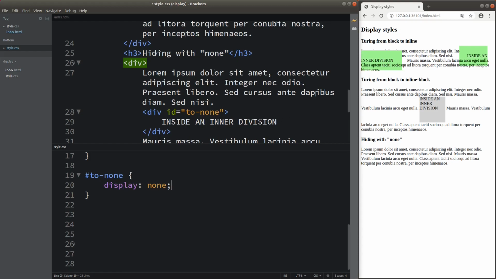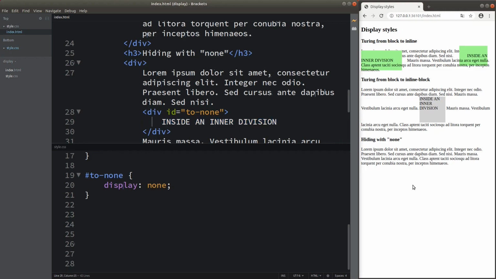So these characters are still present in the HTML file. It is just that we don't display these letters, okay? So this is the meaning of hiding, okay? We just don't show these things on the web page only. It is still present in the HTML file.